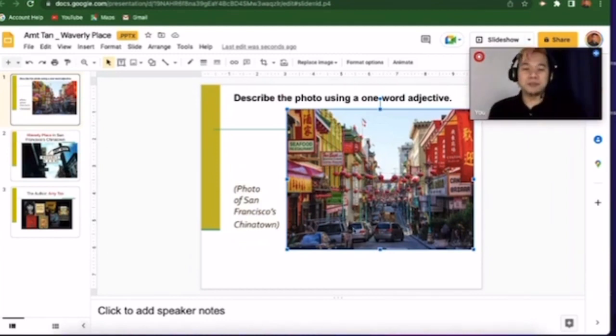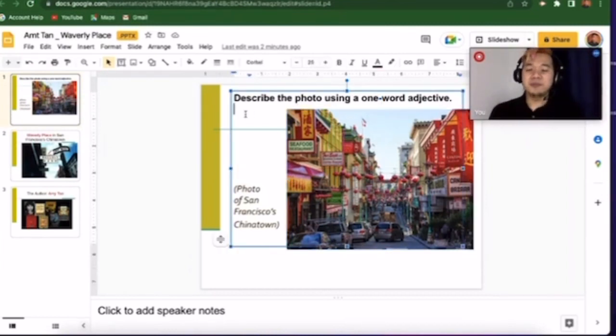Now, going back, I just want you to give a one word adjective to the picture. And you know what? When you say adjective, that means you're going to be giving a description. Cellulose, do you remember the definition of adjective? Right. It describes a noun or pronoun. So we have a noun there, the place. I want you to describe what you see in the picture. Right. I'm going to give you maybe 1 minute. So 1 minute starts now. Time's up. Now, who can give me their adjectives? Or maybe I will start and then I'll ask you for your words.